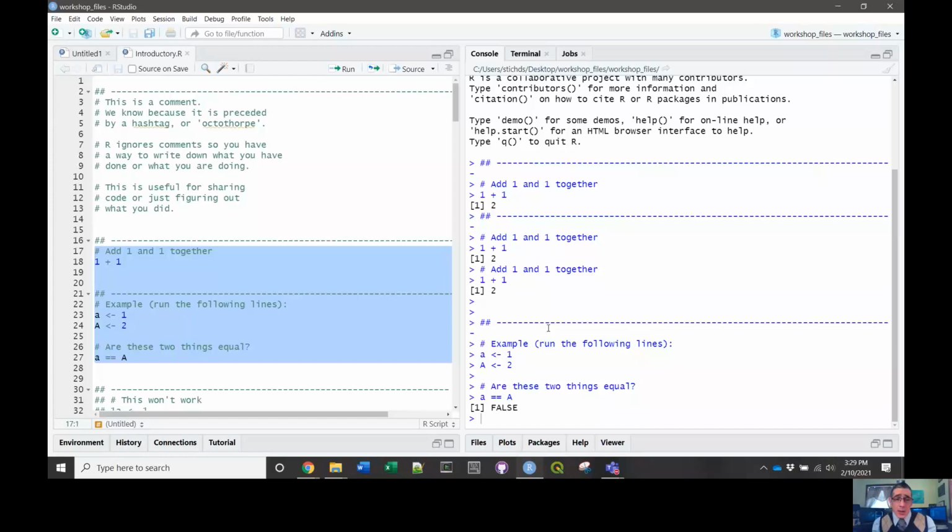Next time we get together here for our introductory workshops, we'll be talking about assigning output to objects that we can store in our environment or workspace. And this will really give us the power that we want if we're going to go and use a programming language, for example, for data analysis. Until then,